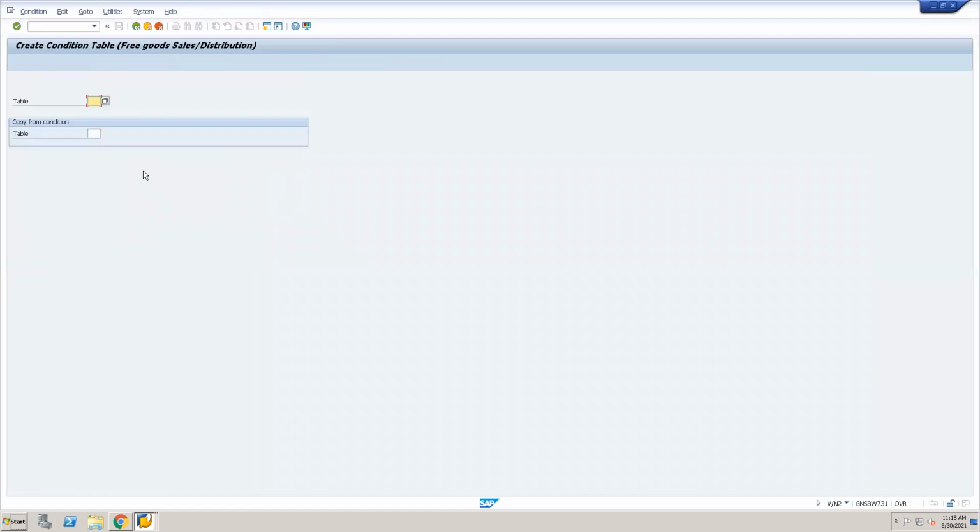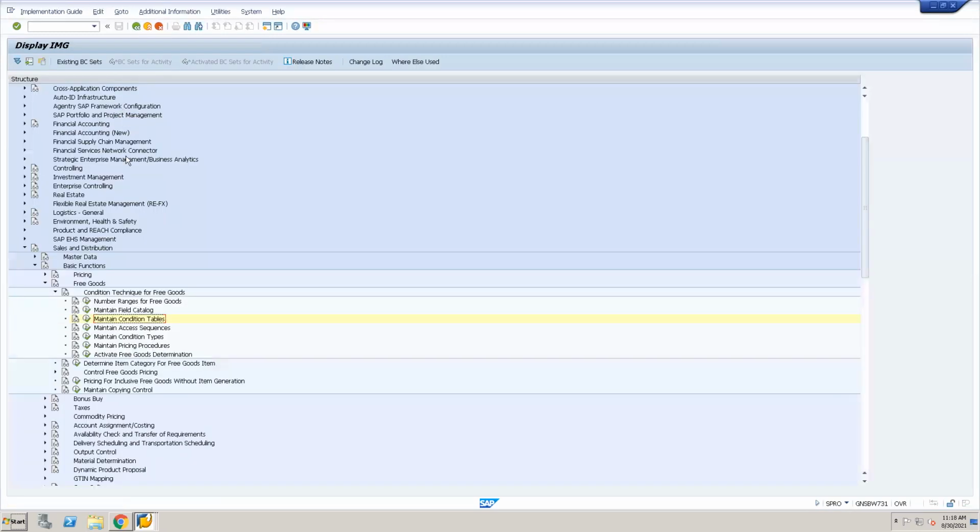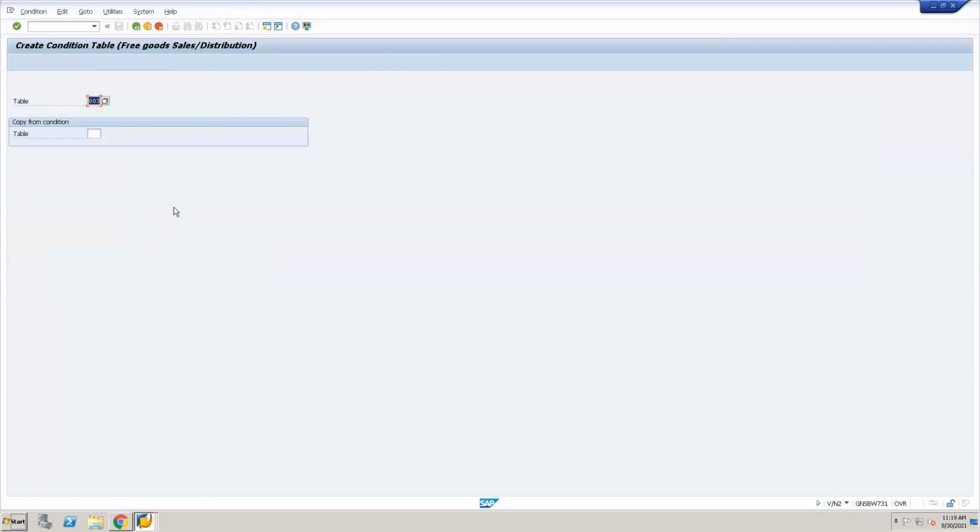For the condition table, for example, we are using an existing one, say 003. We don't want to create a table, we will just display it.